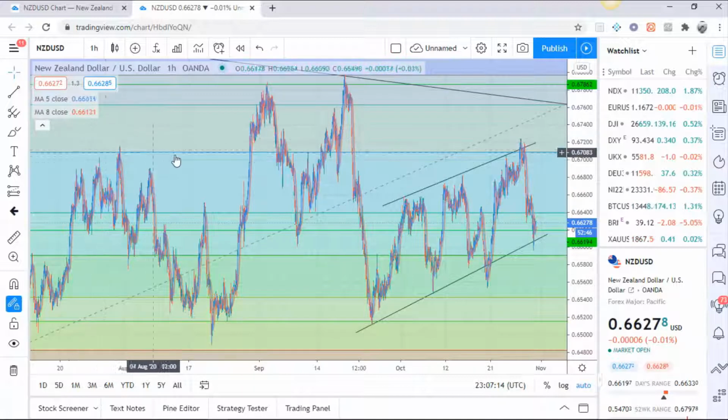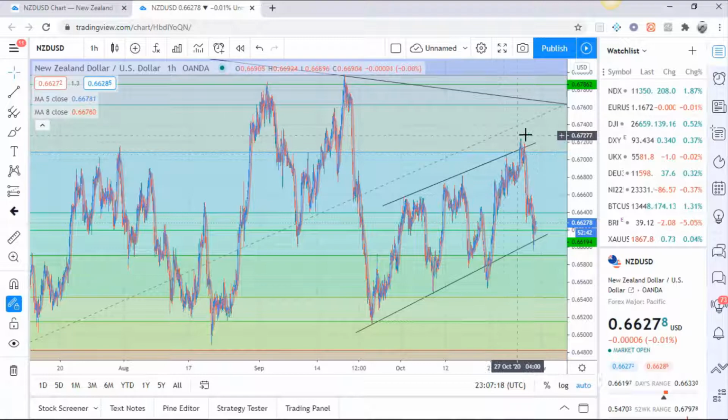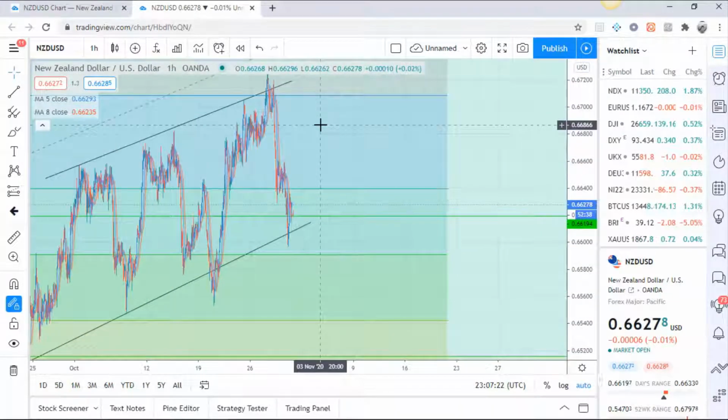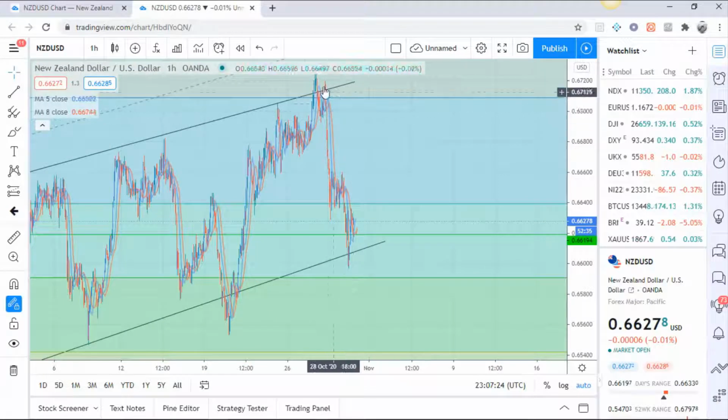It's a resistance area. So this is the ideal area to enter the trade for a sell position. So if you had gotten in this area here, at the price of 0.67100,